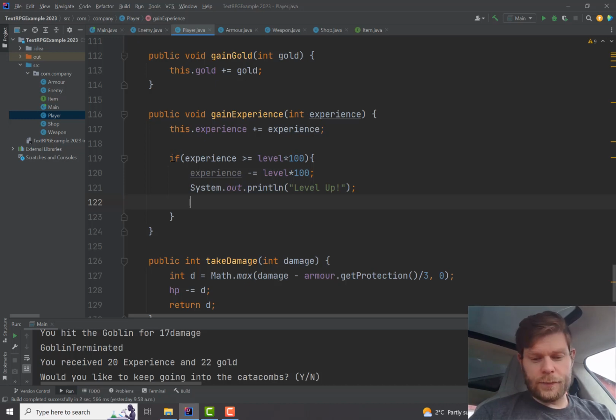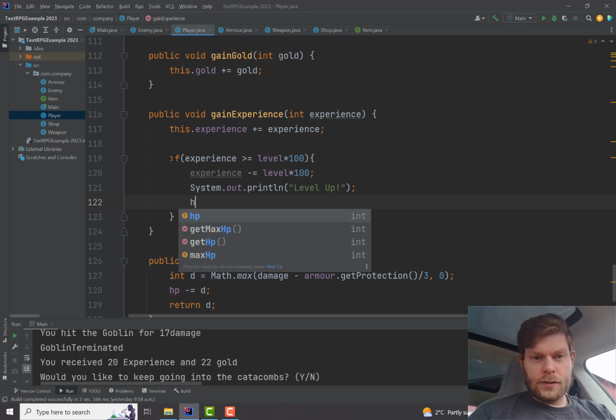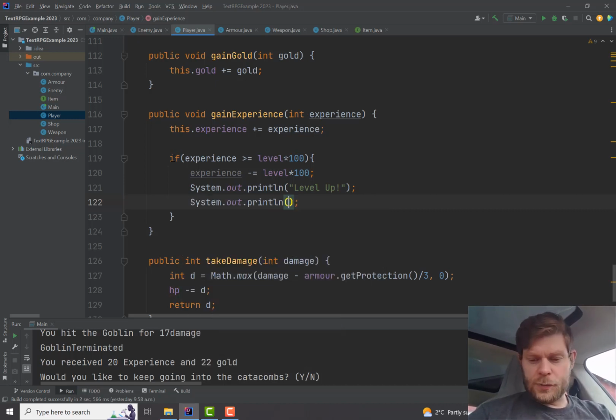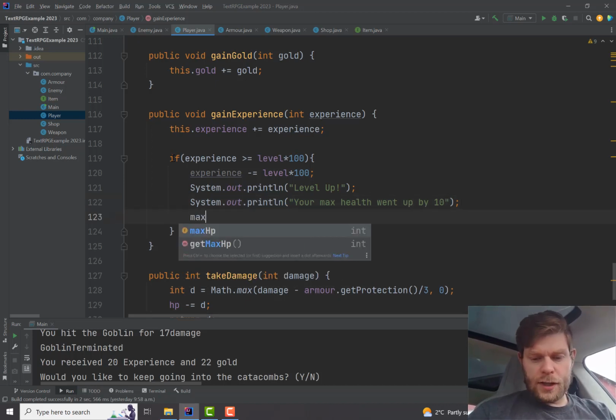So maybe, if it always goes up by 10, I could just put that in a print line. Your health, maybe your max health went up by 10, and then we can do that. We can say max HP plus equals 10,